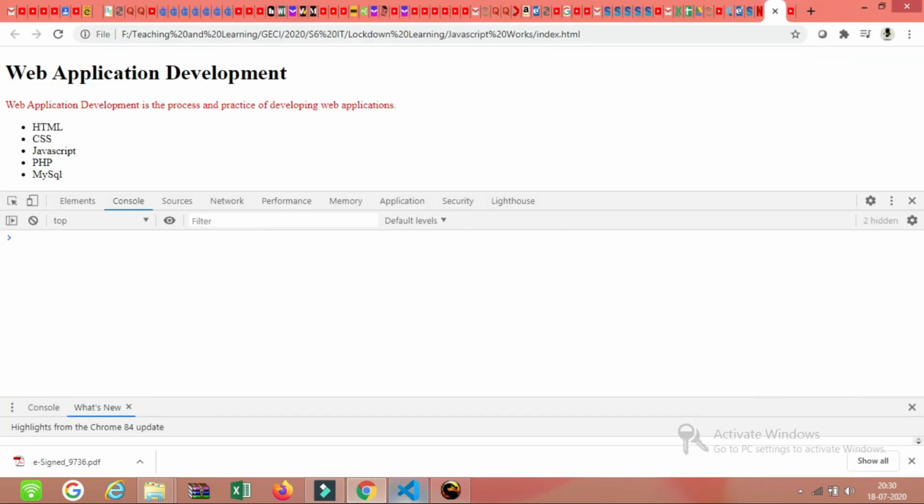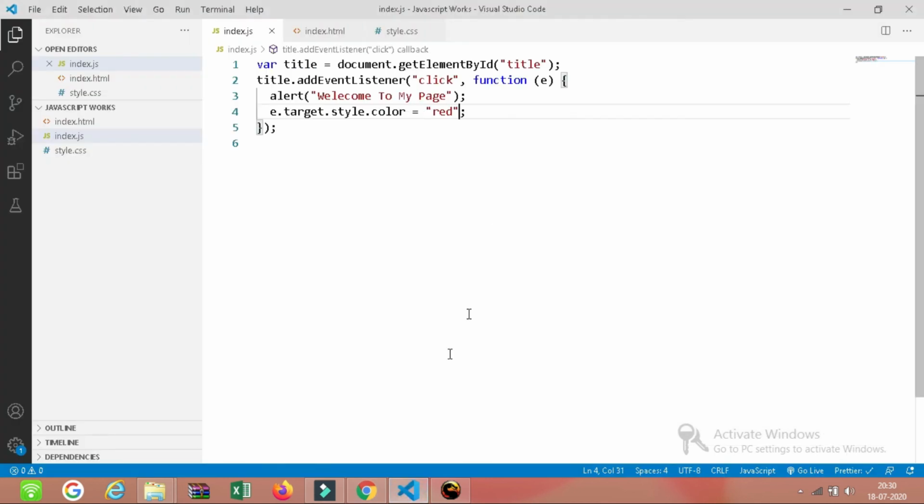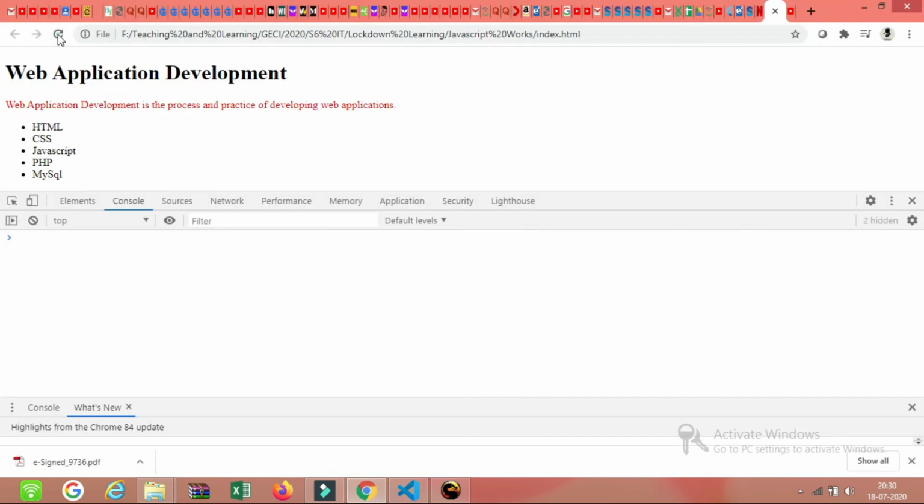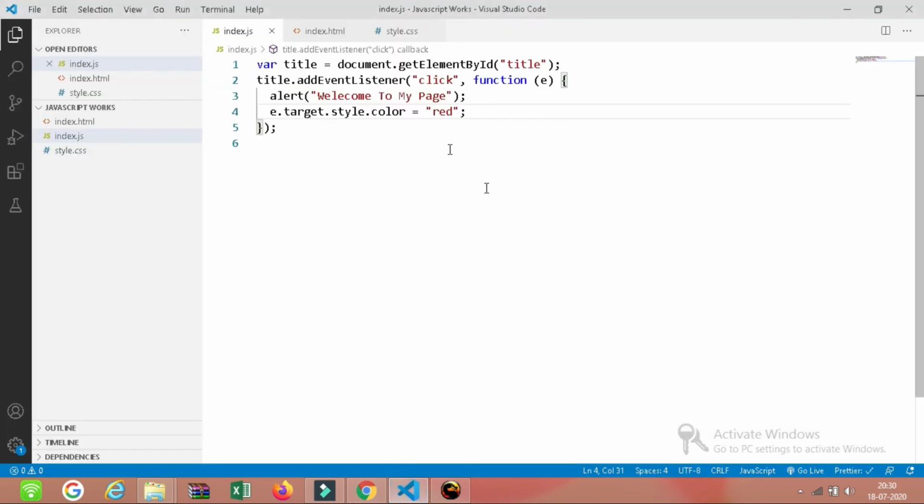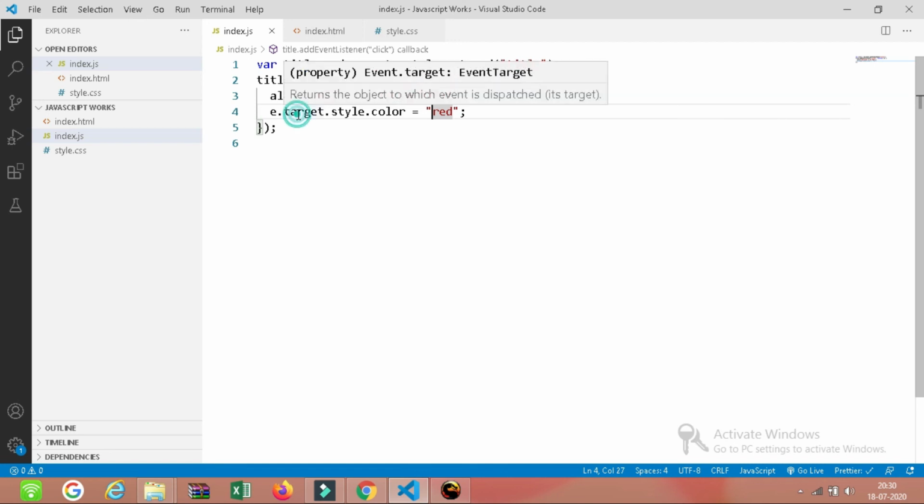I will first save this, then refresh the page. Whenever I click this, it shows welcome to my page, and its color changes to red. That's what happens here. So this function can also have an argument. As an argument we give the event, and using that event we can find out the target.